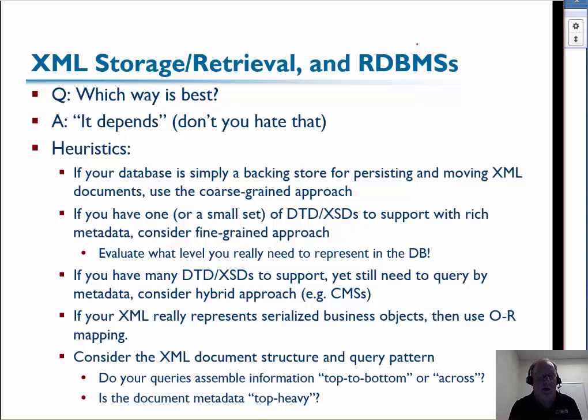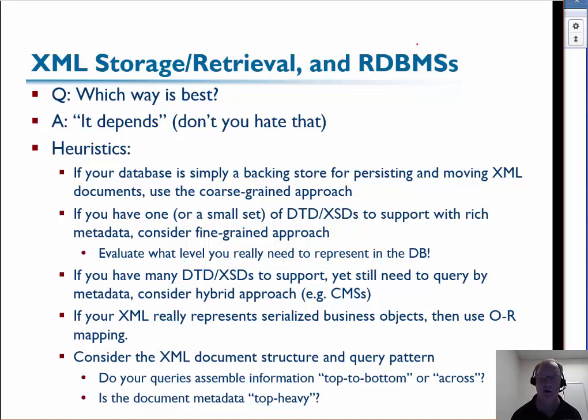So some of the things I would think about if I'm worried about storing and retrieving XML from relational databases. Well, first I want to know: is your database simply a backing store for persisting and moving XML documents? Use the coarse-grained approach, meaning some folks use your database as almost a shared file system. Now there are better shared file system approaches, but it's a way to just store entire documents. If I don't need fine-grained information, shove the whole document in the database, let it be persisted, archived, and so forth under your data management processes. And when somebody needs the whole document, you pull it out as a clob and just send it off to whoever is using it, because you're not worried about the processing of fine-grained data.